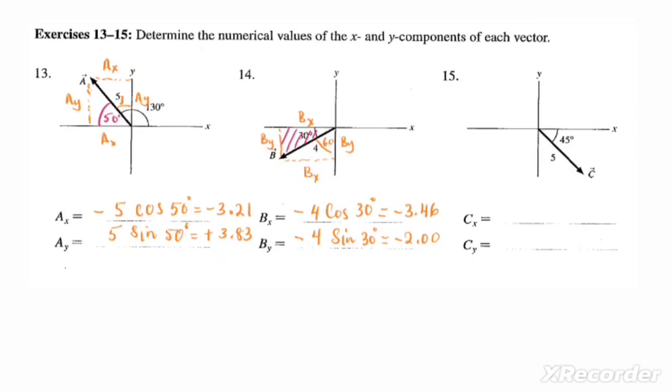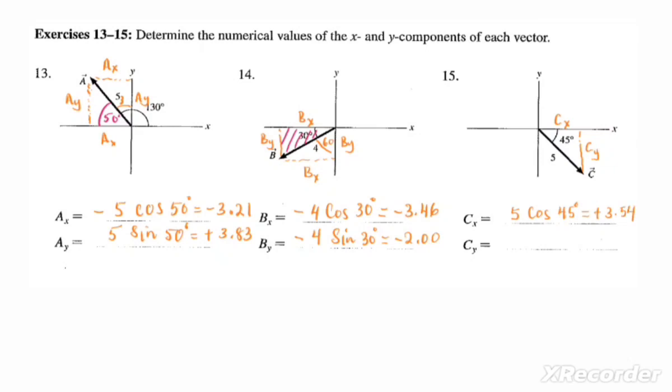For question 15, we have CY and CX. So for CX, we can use cosine because that is the adjacent, and then divided by the hypotenuse, which is 5. So that is 5 cosine 45. And x is positive in the fourth quadrant. So it is positive